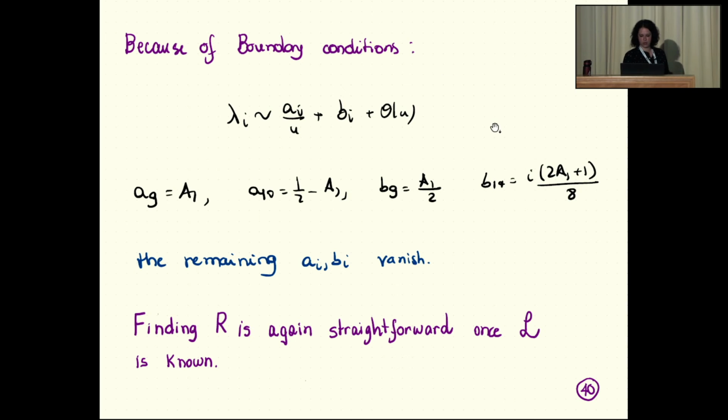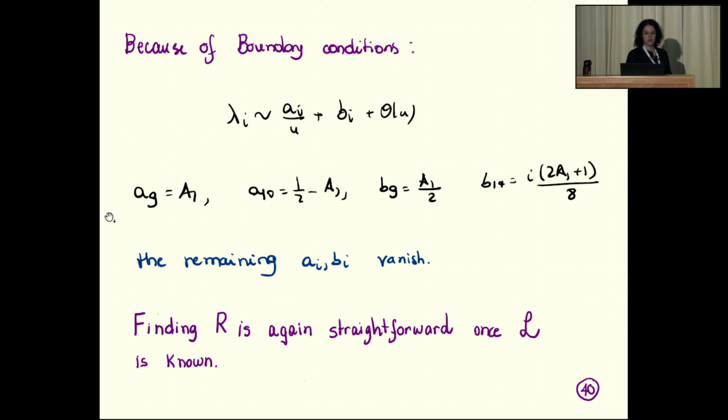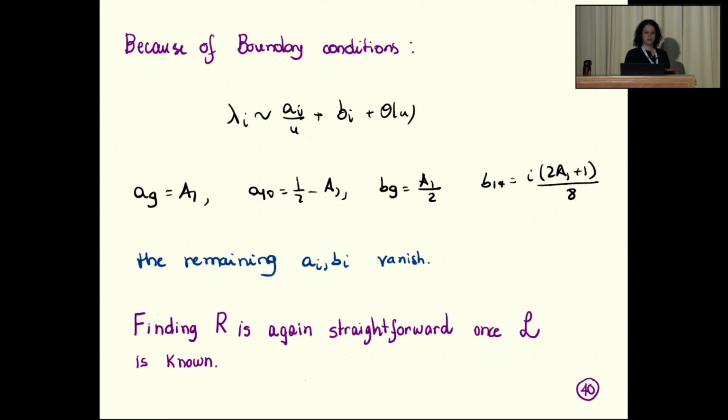And because of that, if you look here, you still have some lambdas. So you have that freedom I mentioned before that you keep. So here we kept this freedom, and in principle you could think that they are completely free. For this case, they are not because of the boundary conditions. So if you expand on u like this, you get some conditions you have to satisfy. And okay, I already mentioned the R. So we have both the Lax and the R matrix up to 3 loops,